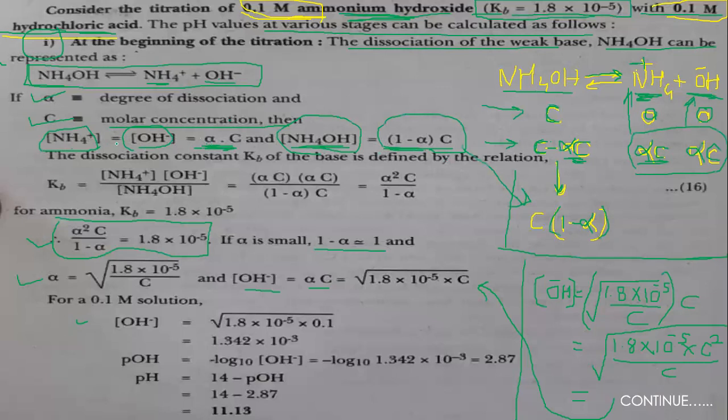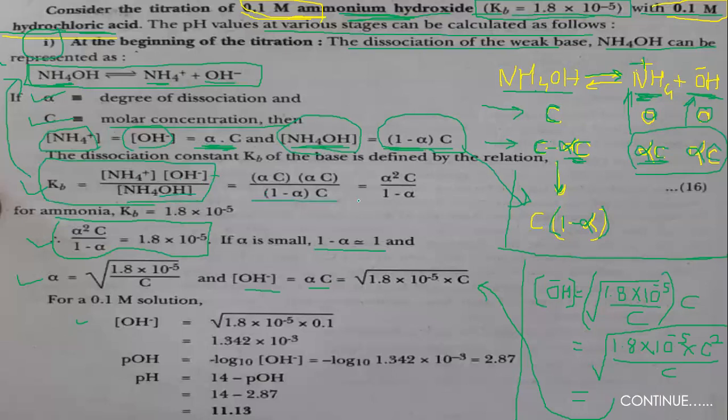Here NH4 plus equals OH minus equals alpha C. Now see, applying the law of mass action to this equation: the product of the concentration of the products, that is the multiplication of the concentrations of these two, upon the concentration of this. The concentration of NH4 plus into the concentration of OH minus ion upon NH4 plus, okay. As you know, you have the values, you know the concentration of NH4 plus and OH minus ion.